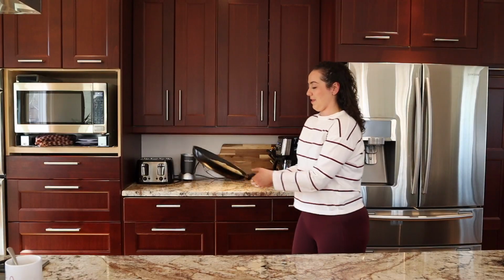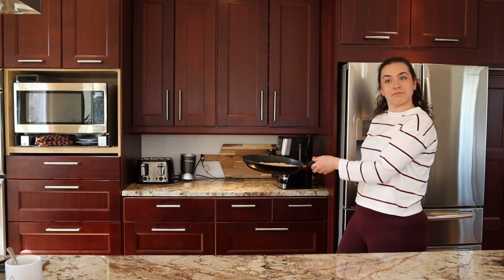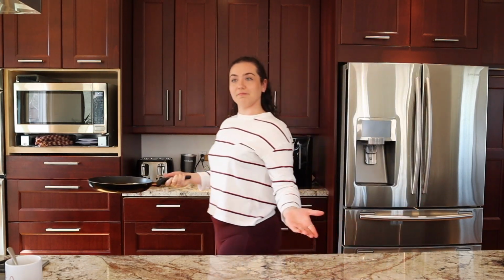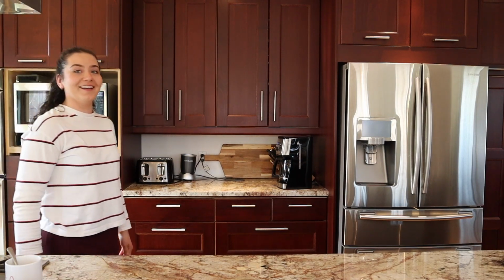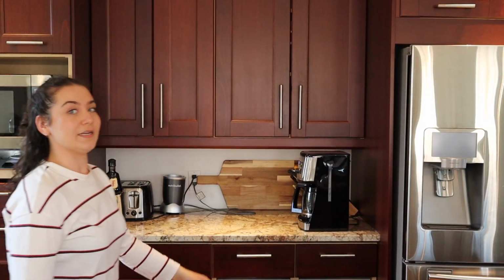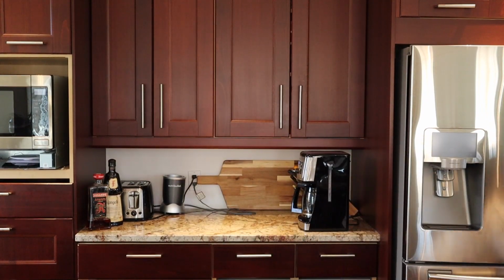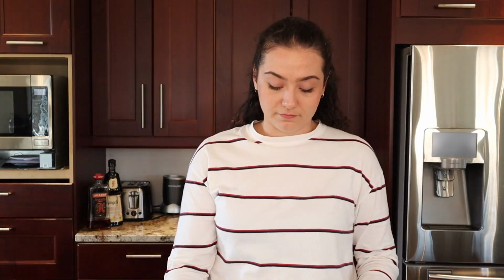I kind of look like a mime in this shirt, I'm not gonna lie. You can clap now. Yay! You did it. I'm in a box. I'm having such deja vu right now, I don't know why. Now I'm walking down the stairs. Not very well, but I still did it. It's like when you buy shoes, you want there to be like